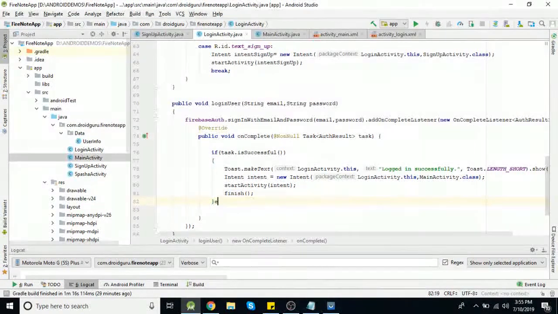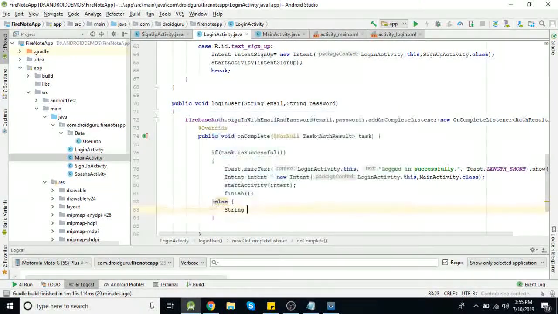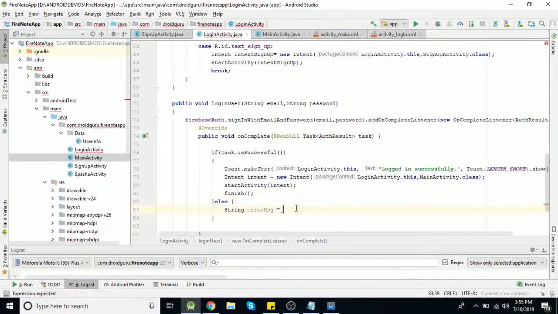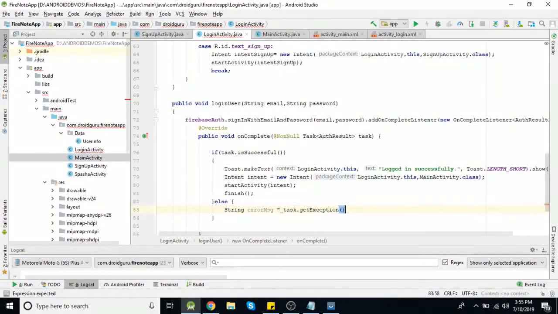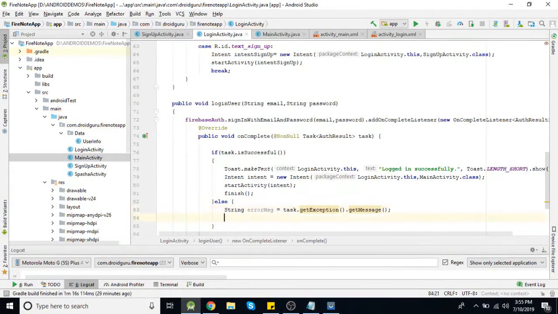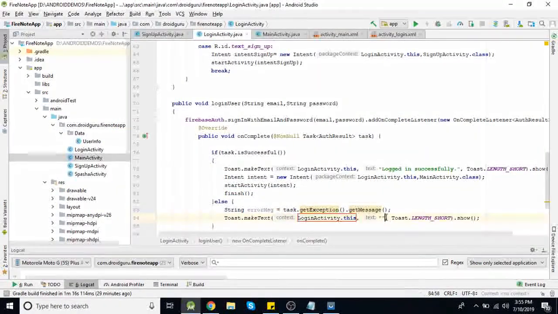So you need to add an else block here, and I'm checking if any exception is there. So string errorMessage equal to task.getException.getMessage, and we'll display that error message here plus errorMessage.